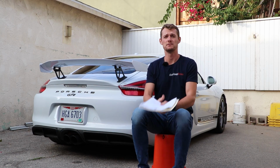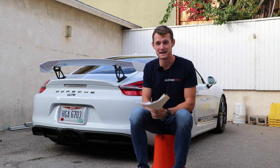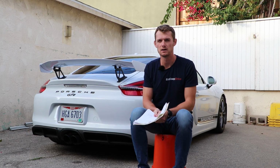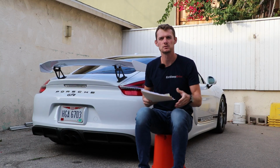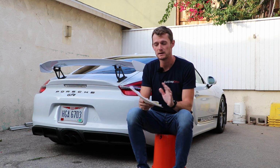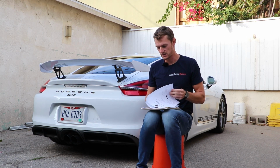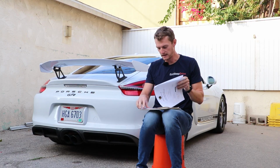Now, this doesn't affect the drivability of the car. You can continue to drive it. In fact, this happened to me when I was on my cross-country trip, driving this from Ohio to California. So obviously no effect on the car, but you do get a light on the gauge cluster, which is super annoying. Of course, we wanted to get this fixed. I got lucky because this car, by some miracle, ended up still being covered under a CPO. I'm still not quite sure how that happened, but I do have the paperwork from when the Porsche dealer fixed this issue. And it would have set me back